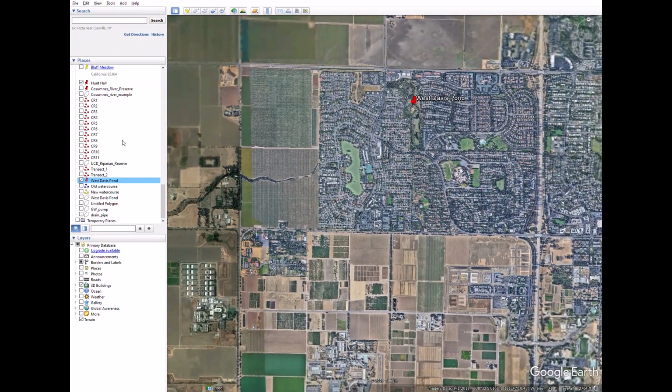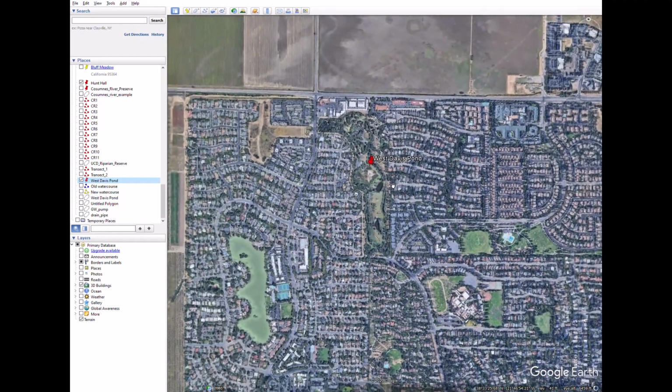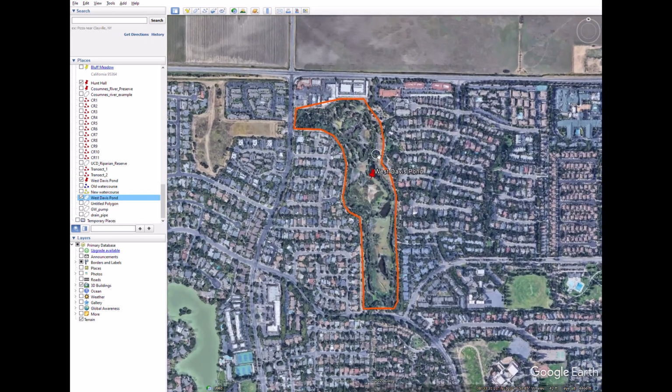The West Davis Pond is a detention basin in West Davis. And it's important that you know the history of this site. It was constructed back in the early 90s just to serve as a flood detention basin for parts of West Davis. This is the boundary of the site itself,